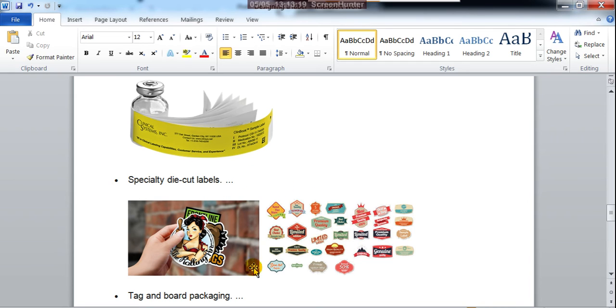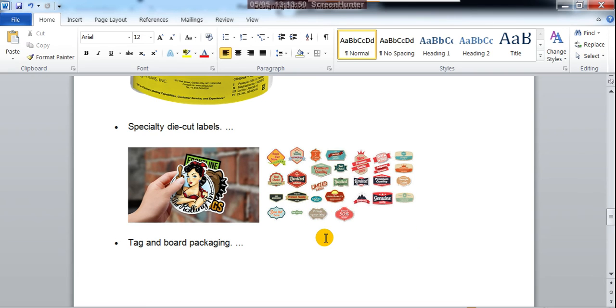Specialty die cut labels. Die cut means what? After your design, the die cut machine operator cuts as per your design, along with your marker. So this is your mark. Suppose this is the paper, on that you designed one particular shape. According to that shape, the die cut makers cut it easily along your design. So that can be die cut labels.